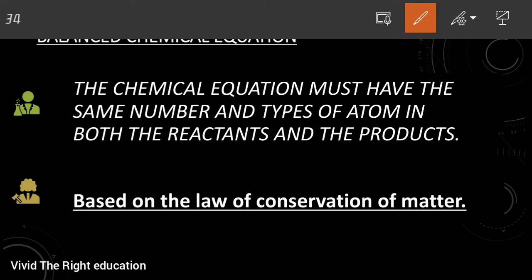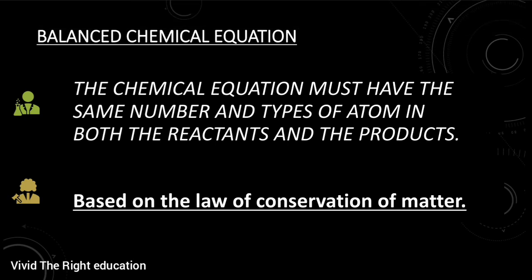You know why we are learning this? When a reaction converts from the reactant to the product, usually there will be an equal number of masses on the reactant side as well as the product side. But sometimes when they are getting converted, the numbers may differ. That number has to be corrected, and we do that manually. That's why we are learning a concept called balancing a chemical equation.